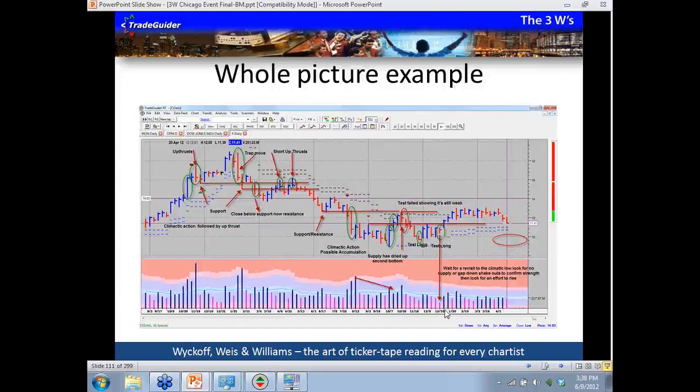Here's another one. This one triggered as well. And it instantly ran into that resistance in the background. It's no coincidence. Now what you'd be doing is waiting for a revisit from the climactic action low for no supply, or those powerful gap down shakeout bars, to confirm strength, and then look for an effort to rise. Again, this is aggressive, those gap down shakeout bars. Or if you find some testing in here, if you got long down here, well,